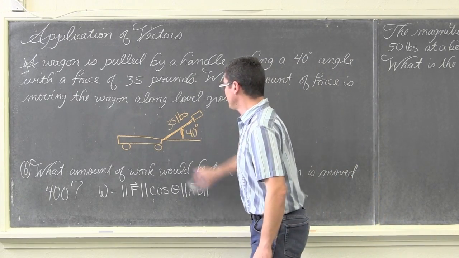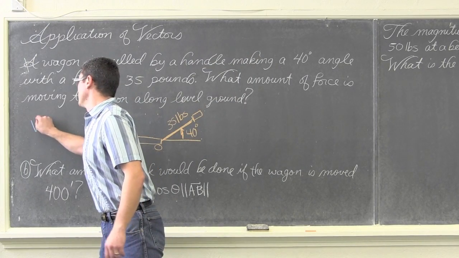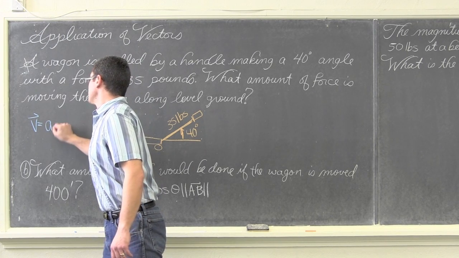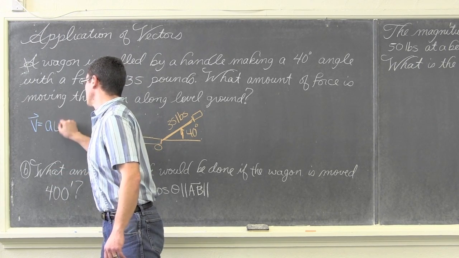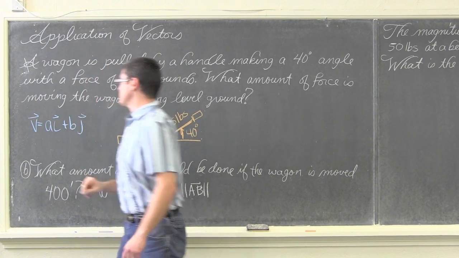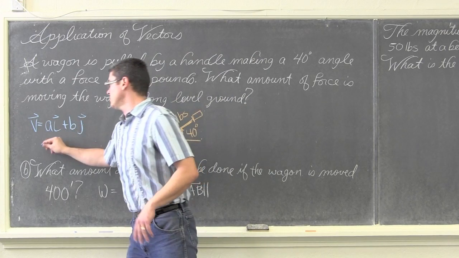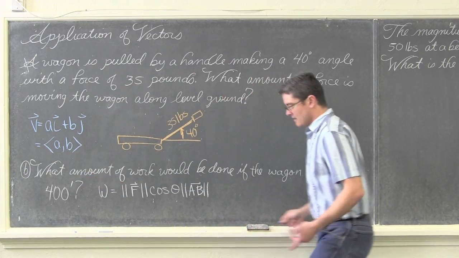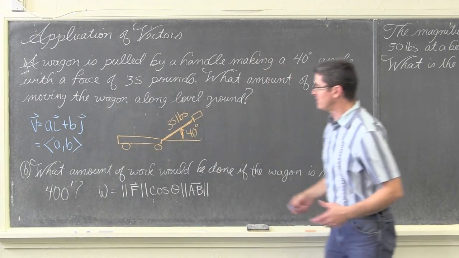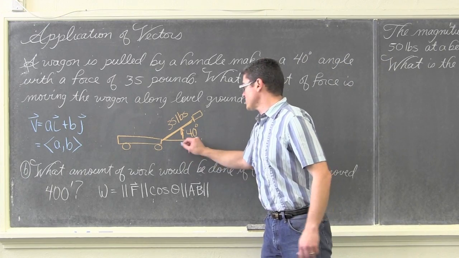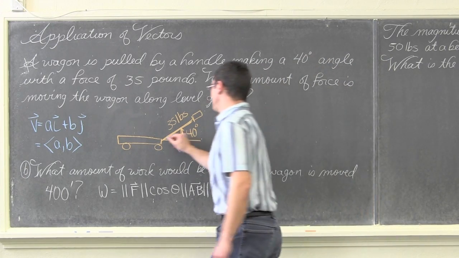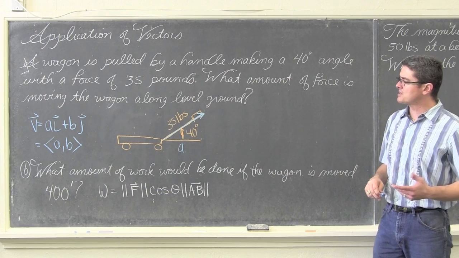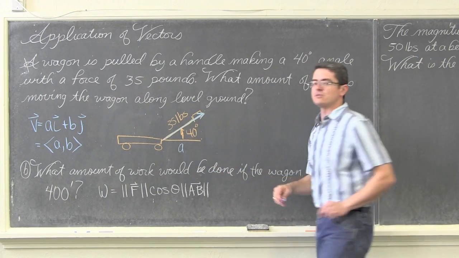Well, I'm putting an X here, but when we talk about vectors, my textbook really stresses the horizontal and vertical components. So our vector is going to be written as A times the component vector i plus B times the component vector j, and I will switch back and forth between this component notation and the shorthand notation of simply A and B. So we're going to find the horizontal component of this vector acting as the handle. We have this vector going at 40 degrees, 35 pounds. How do you find the horizontal component?